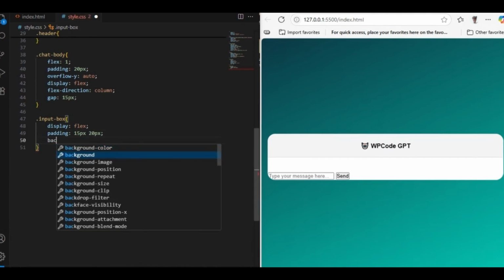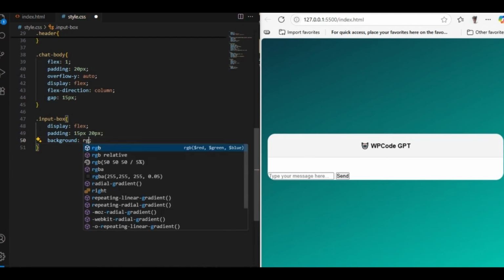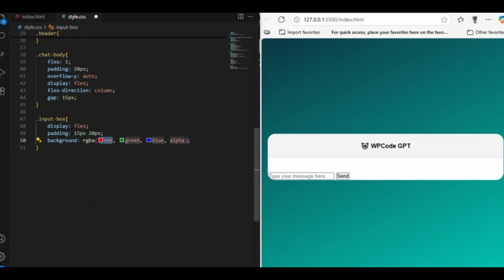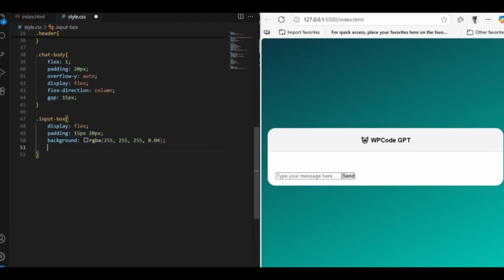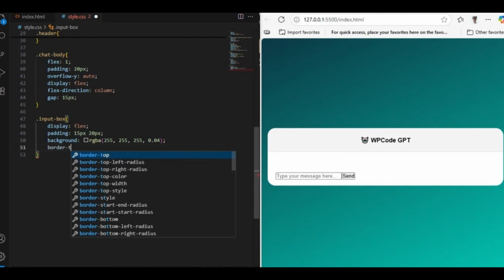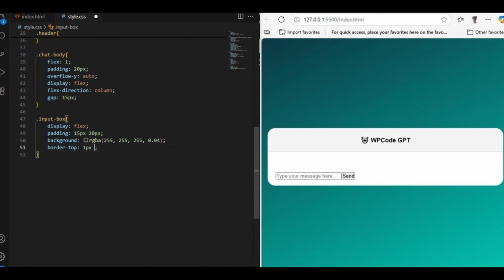and the background color. This background color we're gonna give here RGB color. So this color code will be 255, and then again just copy and paste it here, and the color opacity we will give here 0.04, and the border top 1 pixel solid. This will be also this color, just copy it and then just reduce the number into 1,